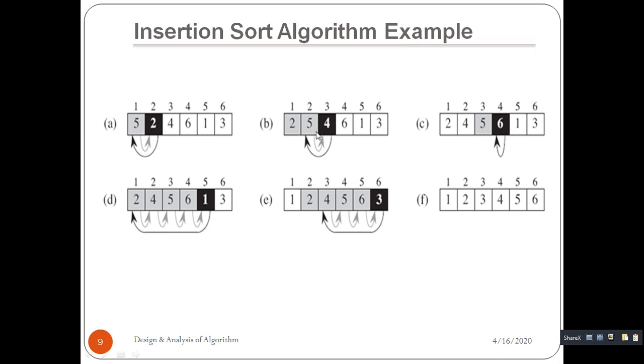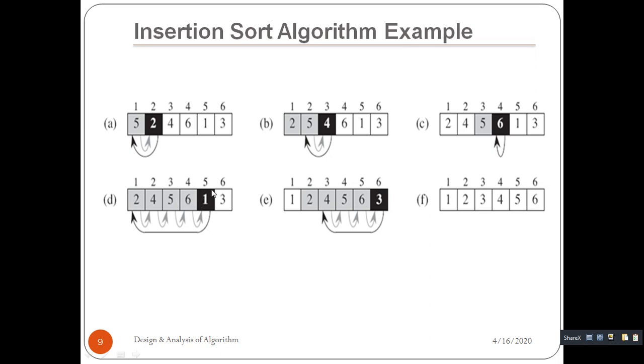In the next iteration I will shift to index 3, because in the first iteration I was at index 2. Again you try to insert this 4 at its proper position by considering the list present to its left. So it is 2 5 4. No, so it should be 2 4 5. Yes, 2 4 5. Next you move to index 4, so it will be 6. Try to insert 6 at its proper position. So 2 4 5 6 is already sorted, so it will be the same 2 4 5 6.